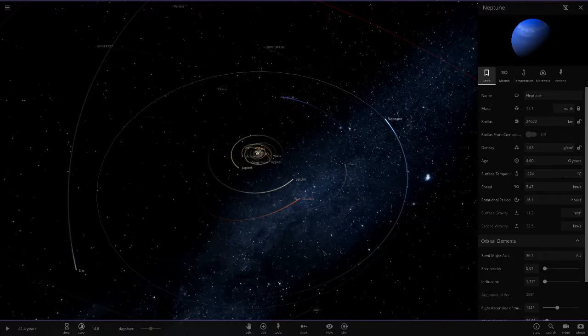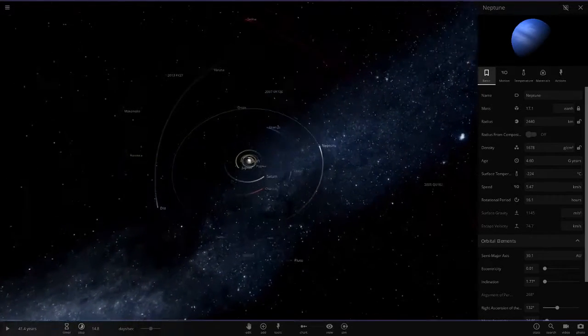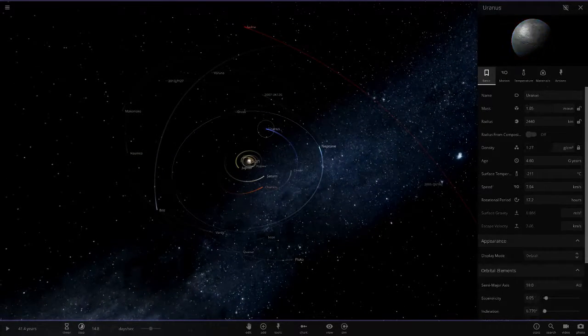I think I'm the only Sandbox YouTuber who's got all these cool custom objects. I've never seen any other. I don't really watch many people play Universe Sandbox, but from what I've seen before I started making videos, I've never seen anyone with custom objects, or a custom solar system or anything. So if any of you guys have got your own custom simulations with custom planets like Uranus here,